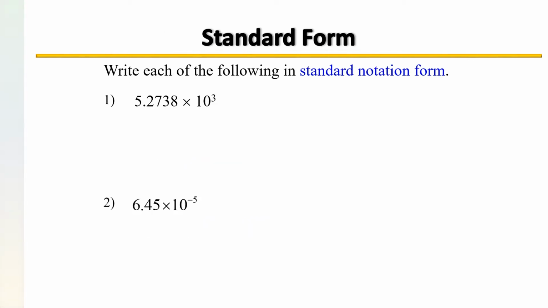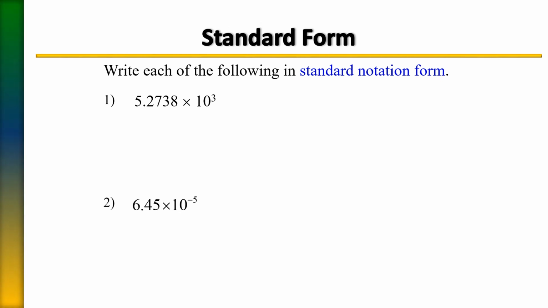And now we're going to do the opposite. We're given the number in scientific notation form and we want to rewrite it in standard form. So keep in mind that if your 10 base power is a positive, you're going to make the number bigger and you're going to move to the right. If your 10 base is a negative, you're going to make the number smaller and you're going to move to the left. So here we have